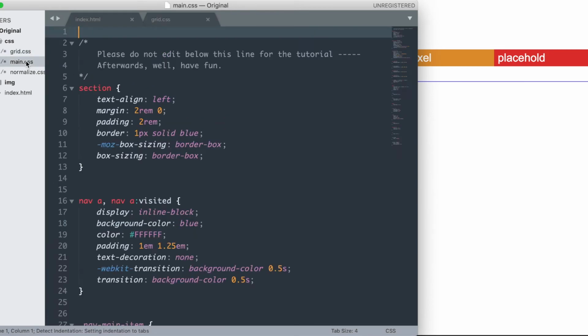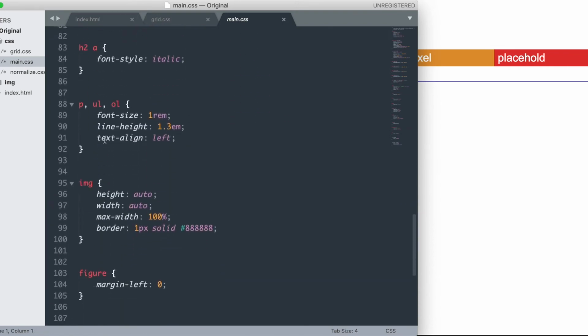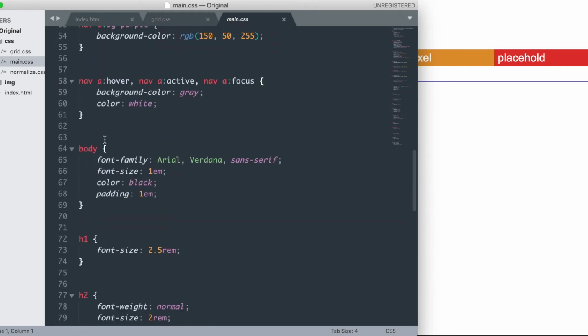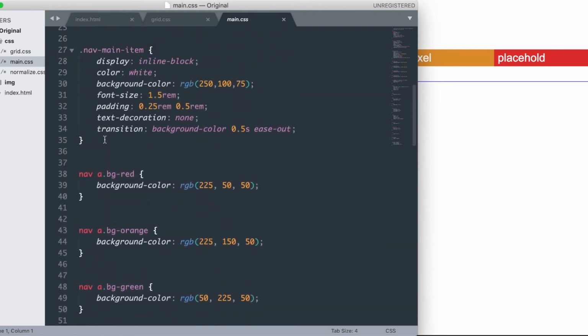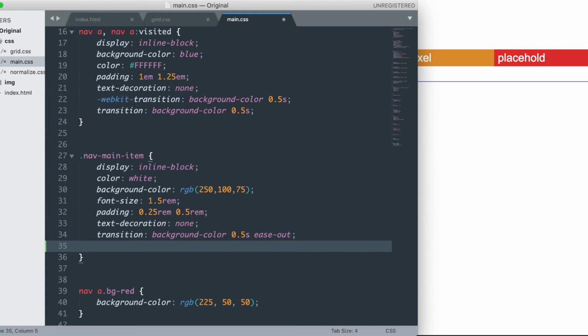Like we could go into our main.css as an example, and there should be a nav main item somewhere in here. And if we haven't set it, looks like maybe I haven't put that in there. Yeah, I don't have it. Oh, there it is. So we've got these things which are otherwise just trying to set the way that these buttons look. And so one thing that we could do is we could say,